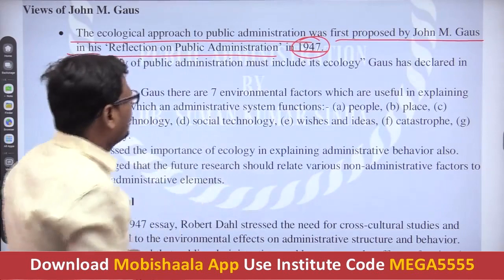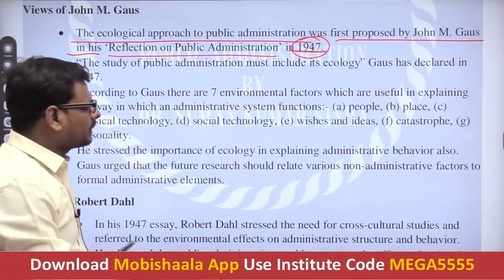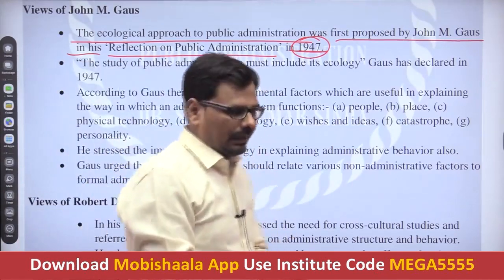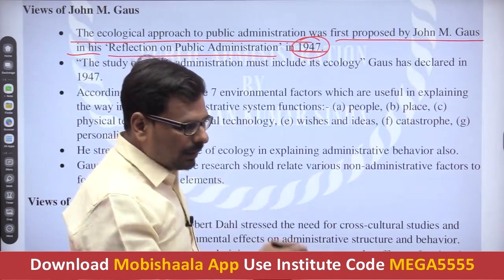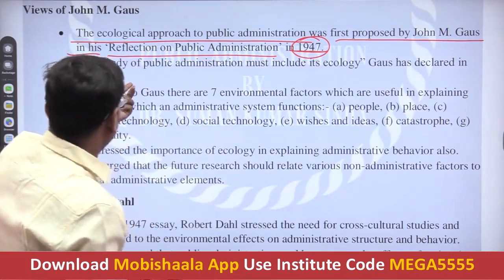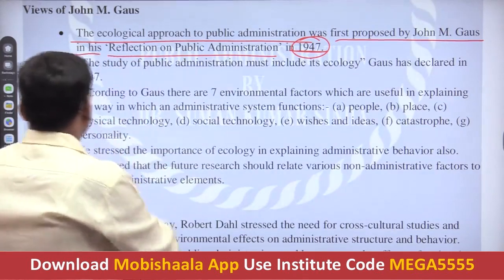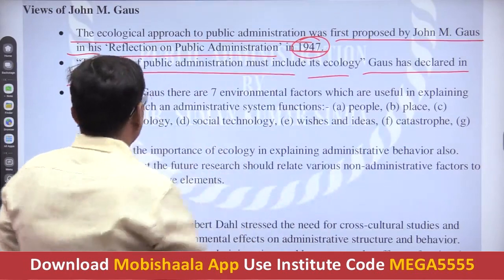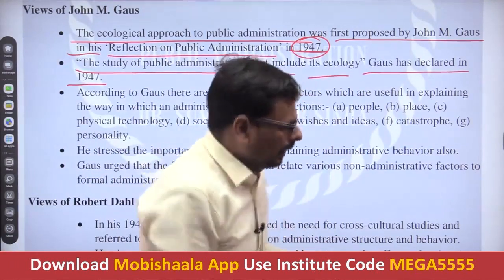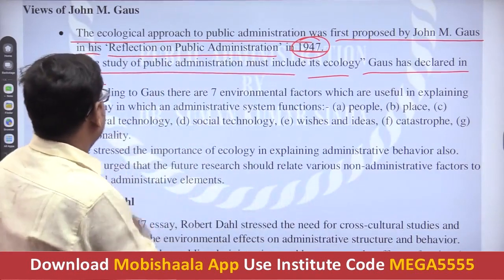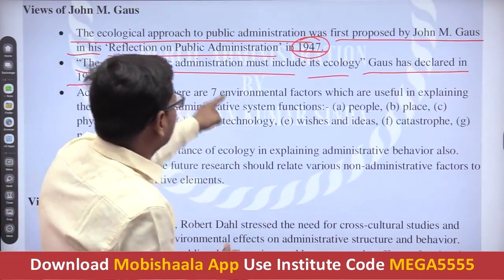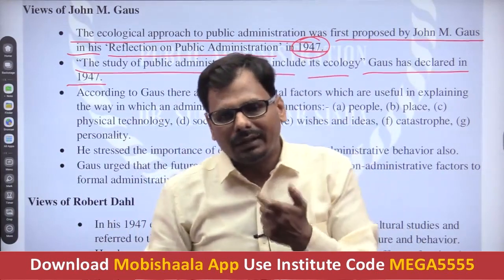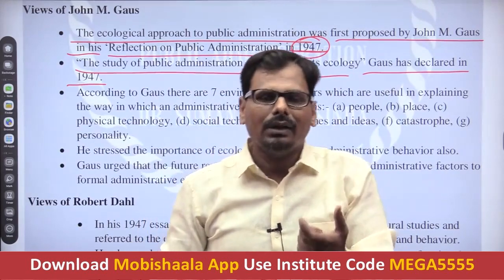As we have already discussed, there is an article written by J.M. Gaus in 1947, Reflections on Public Administration, in which Gaus discusses and coins the term ecology in his very seminal essay. The study of public administration must include its ecology, Gaus declared in 1947. Gaus stressed this because he believed the administrative system is not a closed system, it is an open system, it is also like a